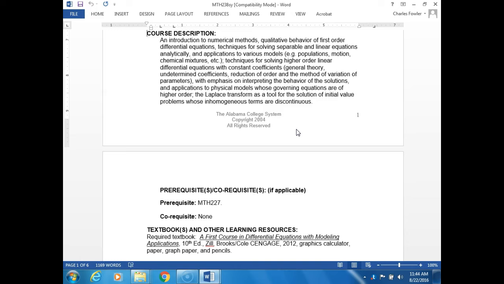Techniques for solving higher-order linear differential equations with constant coefficients. General theory, undetermined coefficients, reduction of order, and the method of variation of parameters. Several different techniques there, with emphasis on interpreting the behavior of the solutions and applications to physical models whose governing equations are of higher order. The Laplace transform as a tool for solution of initial value problems whose inhomogeneous terms are discontinuous. Whoever wrote this thing,